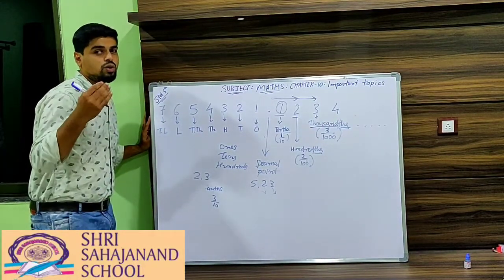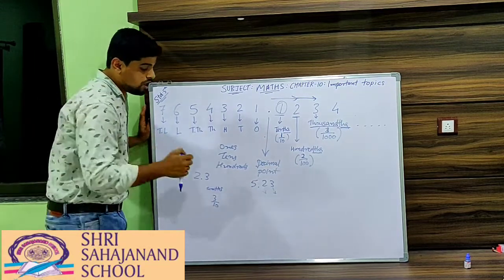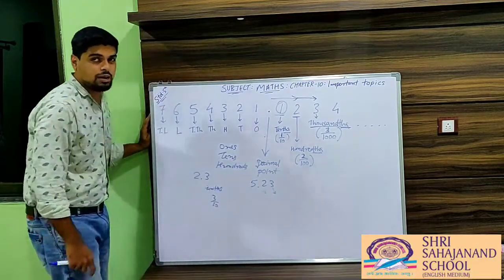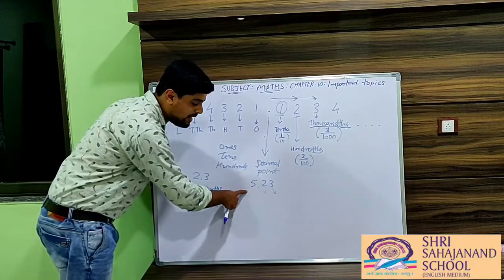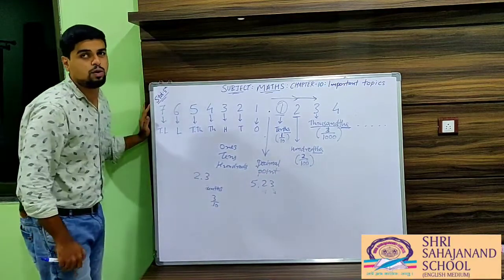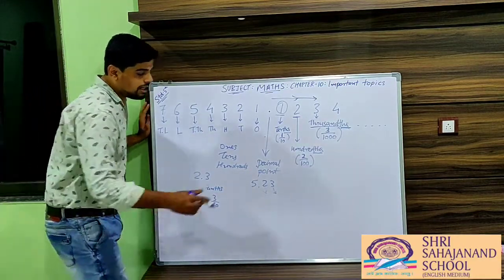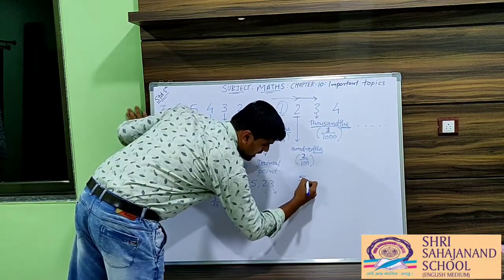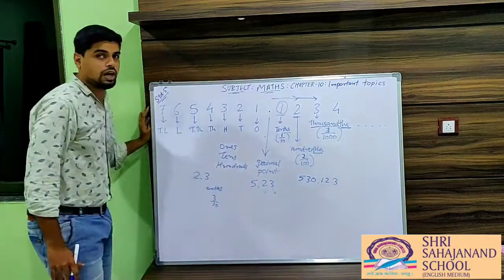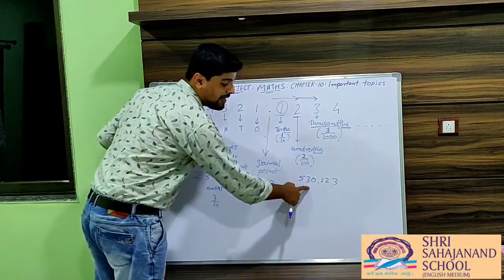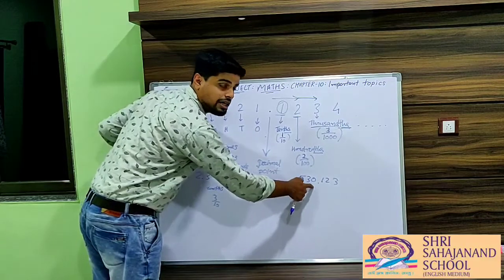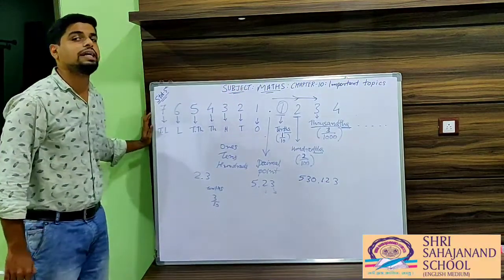And you may have some question in your assignment also, on how to write the name of a given decimal number. So how to read this? You can read 5.23 as five point two three, or five point twenty-three, in both ways that is right. Is it clear? Let's take another example. If I take 530.123, okay, so we can read this as five hundred thirty point one two three, or five hundred thirty point one hundred twenty-three. In both ways it is right.